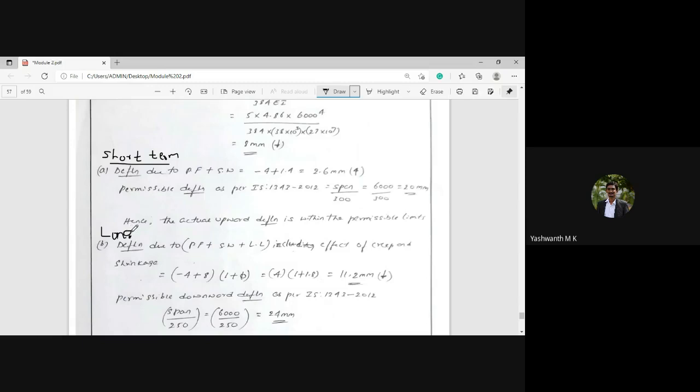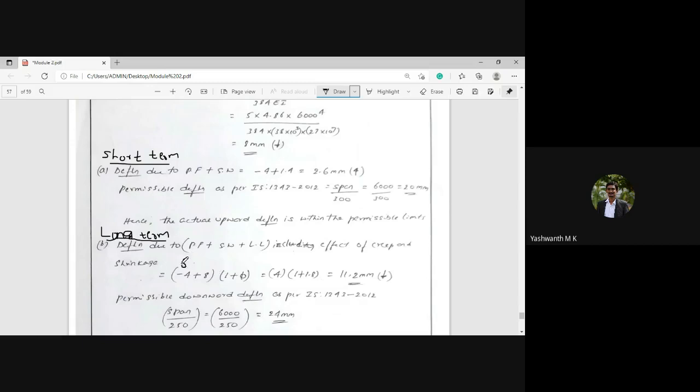Please note this point. The long-term deflection comes into the picture when the effect of creep and shrinkage is considered. So for this, the formula for the long-term deflection due to these loads and the effect of creep and shrinkage will be